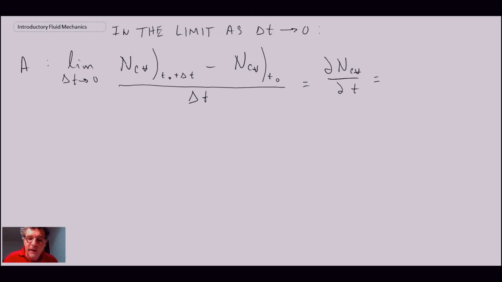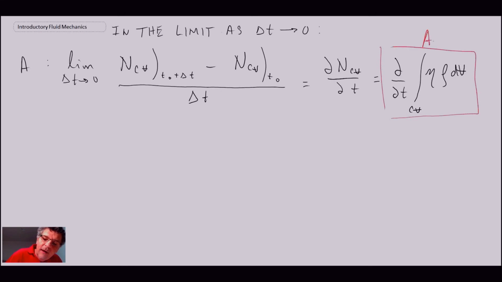So that's just the time rate of change of the property N in the control volume, which we can also express as an integral over the control volume of our intensive property times rho dV, in order to get the mass. That takes care of A. We have A figured out. Now let's move on to